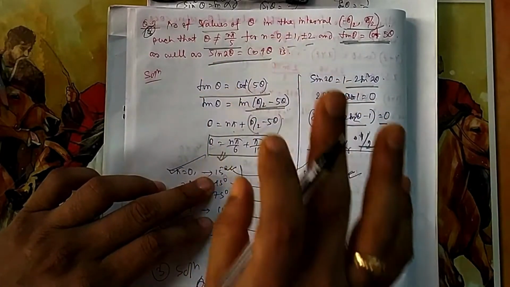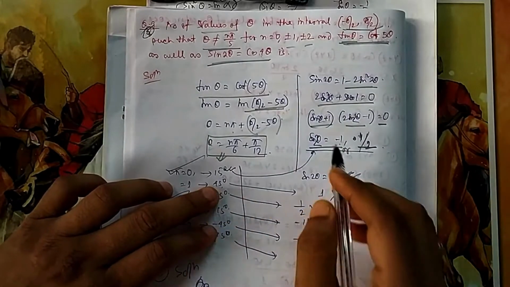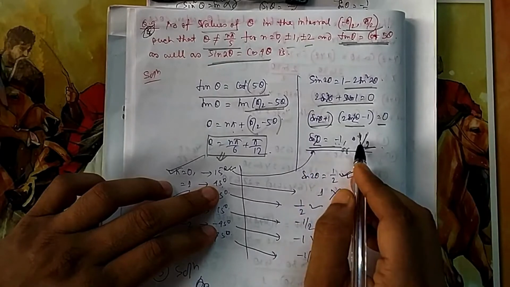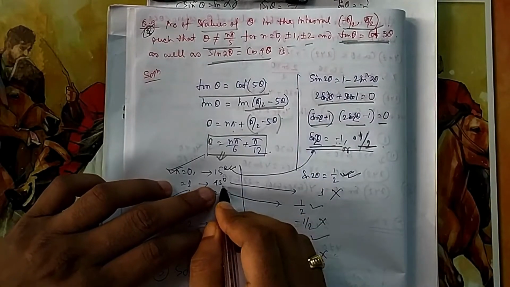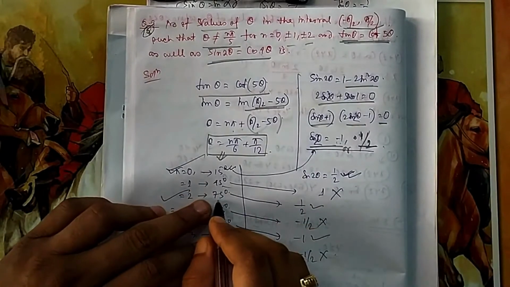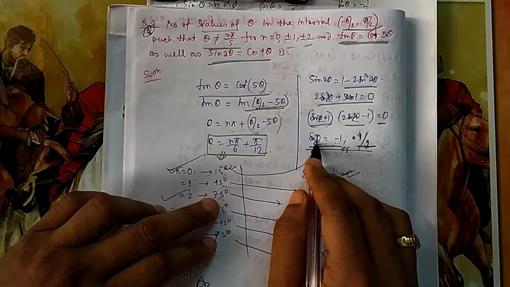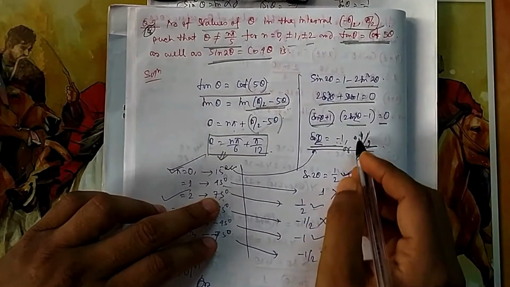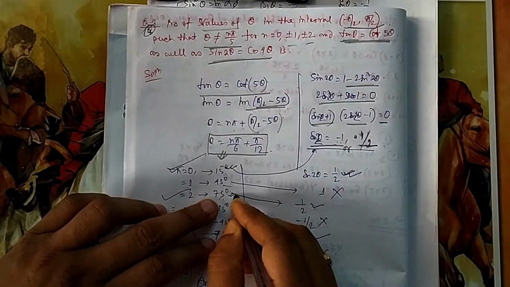I need to find how many thetas are there. Now if I put n equal to 1, it is 45, so if I put here sin 2 into 45, sin 90 is 1, not minus 1, and sin 90 is not half also. So 90 I cannot take, that means 45 I cannot take, so this one I cannot take. If I put n equal to 2, then I will find 75. So if I put 75, sin 2 into 75, sin 150 is half, so I am getting half, so okay. Either half or minus 1, any one I have to get. So if I get half, then this also can be an answer.